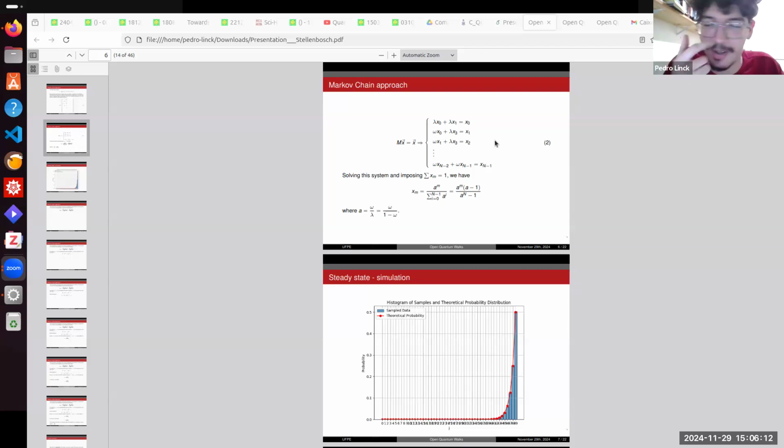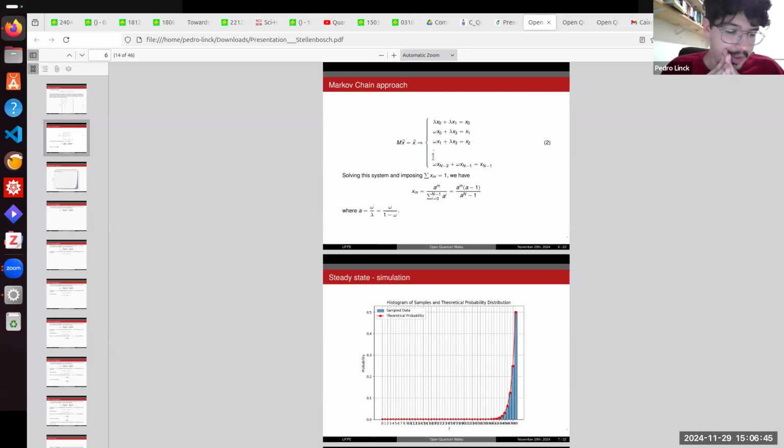We also have a work with Nadia that we are studying, that when you have the benzene ring in chemistry, you see that when you do the quantum walk, it stays jumping between two states. It does not go to a steady state. It's very weird, because usually we like to deal with things that converge to the steady state, but there are some